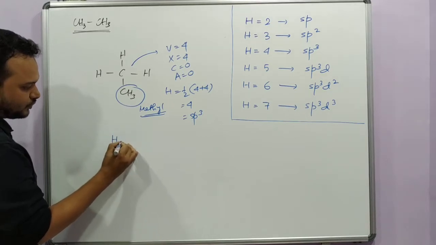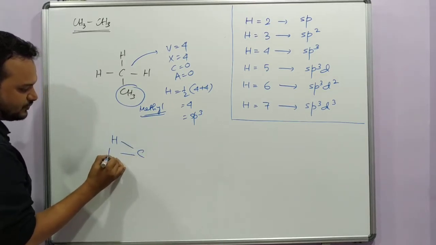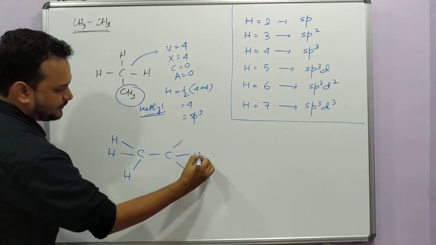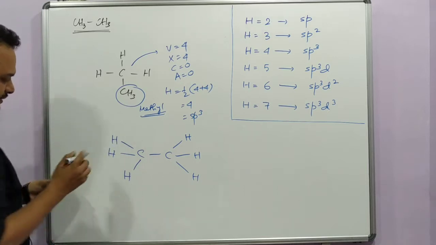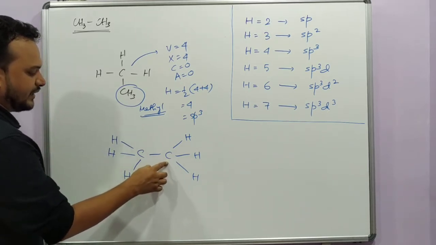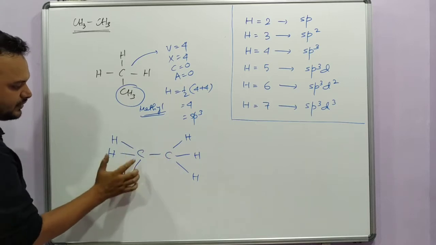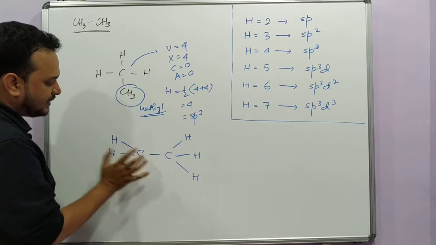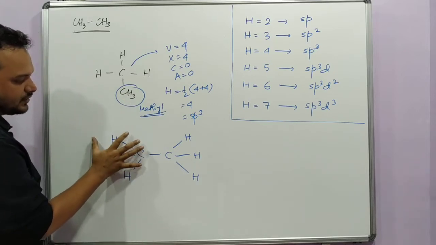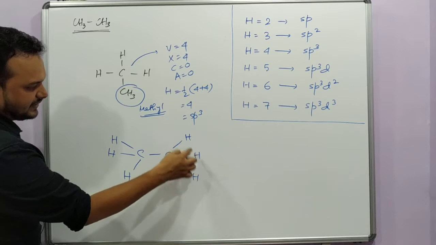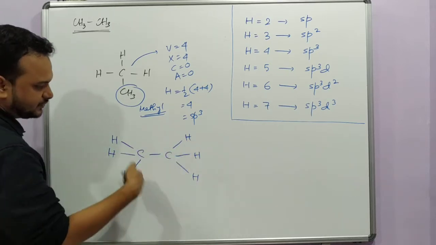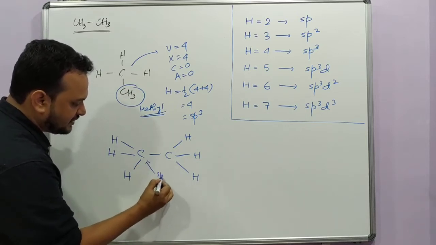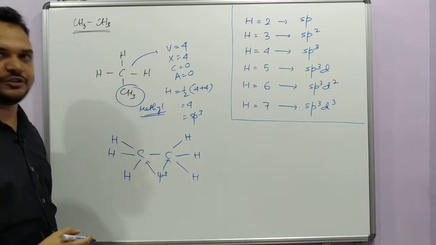So if you want to show their tetrahedral structure, you have to show it like this. Here you can see, if you take this one as one of the vertices, then the surrounding of this carbon is tetrahedral. Similarly, if you take this one as the central atom, then take this methyl as one group as one of the vertices, and again you can see these 3 hydrogens and this methyl group, these 4 are arranged tetrahedrally. So both are satisfying sp3 hybridization as far as their geometry is concerned.